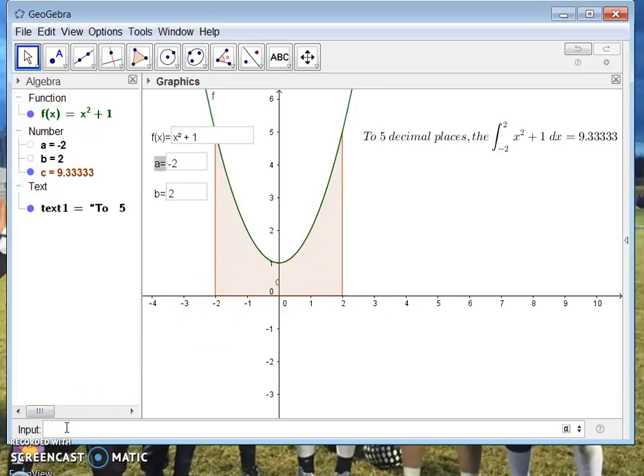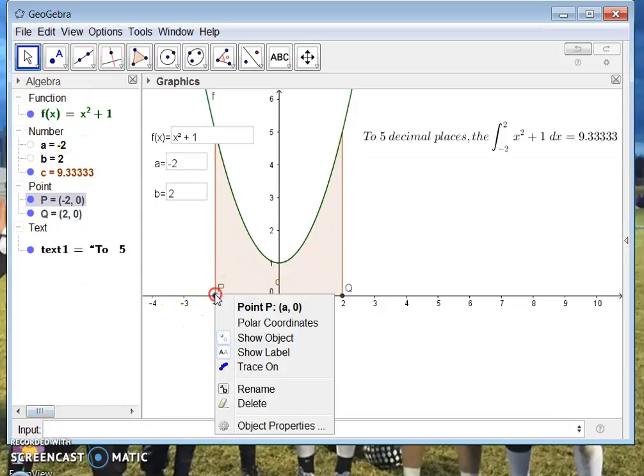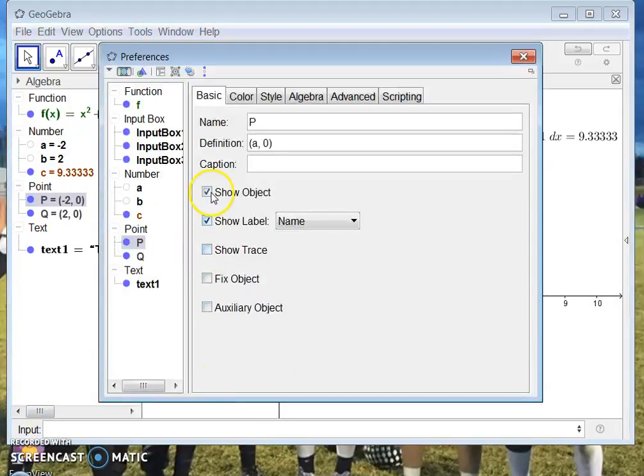I'm going to put in a point P, capital P equals, and I'm going to put the coordinates at A, comma 0. I'm going to put a point Q at B, comma 0. And then I'm going to right click on those and change their properties a little bit. I want to show the object. I do not want to show, I want to show the caption, and my caption is just going to be